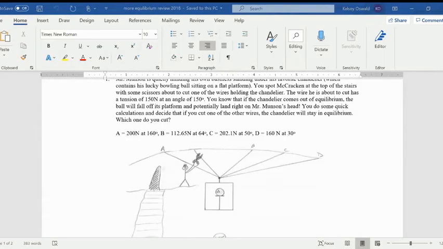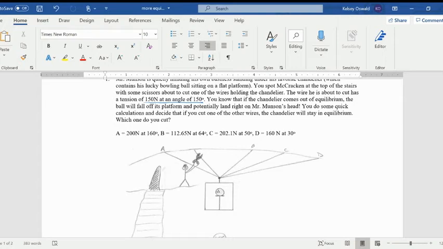Problem. So all these questions are based on a movie called Kingpin, which is a bowling movie if you've ever seen it. Okay, so number one, we're given some information, but the key idea here is that we are about to cut a wire, and that wire has a tension of 150 newtons at an angle of 150 degrees. What we want to do is figure out which other wire, A, B, C, or D, we want to cut